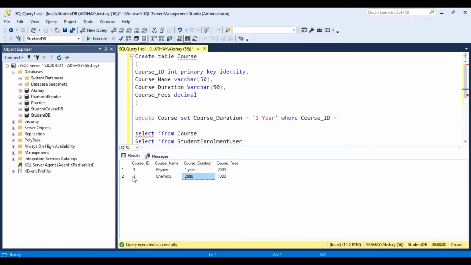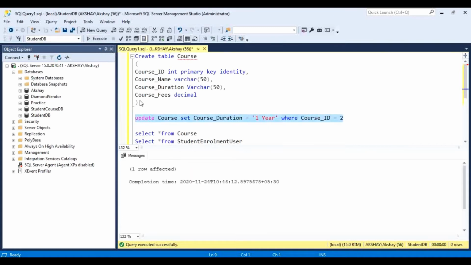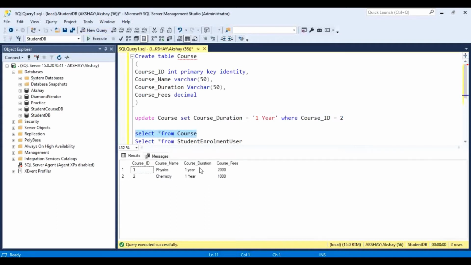Okay, here for this course ID, so course ID is equal to 2, and let me execute that query, and let me just see that again. Okay, so now it is good.